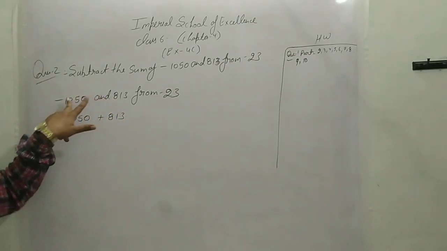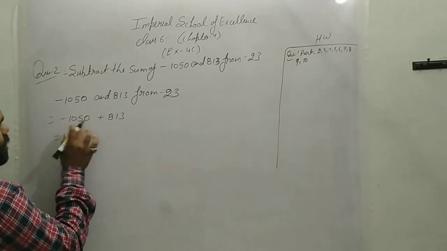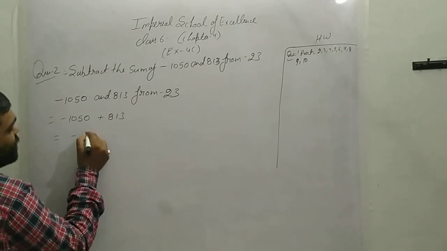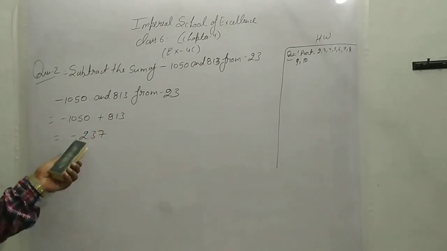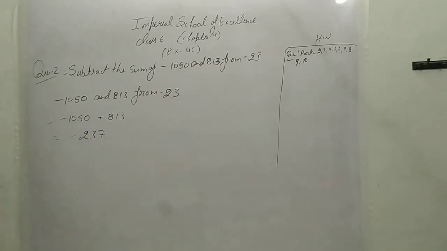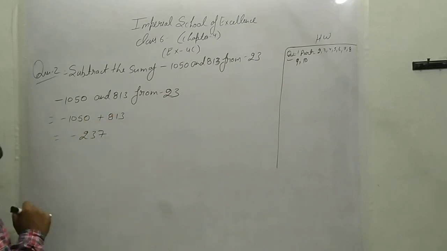जब हमको ये दोनों नंबर्स को ऐड करना है तो आपका प्लस माइनस एंड प्लस कितना होता है? माइनस होता है. The answer would be, when you do plus minus, the answer will be 237. The answer would be 237 when you minus these two, because plus minus and minus digit is greater in comparison of plus, so I have put here minus sign.